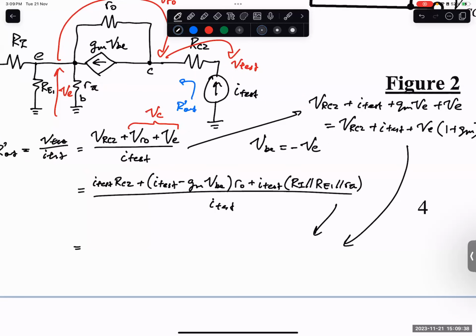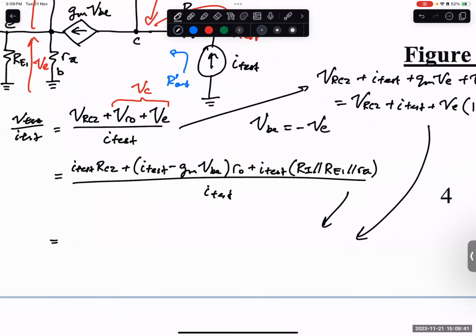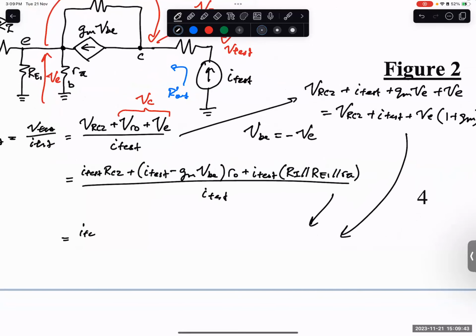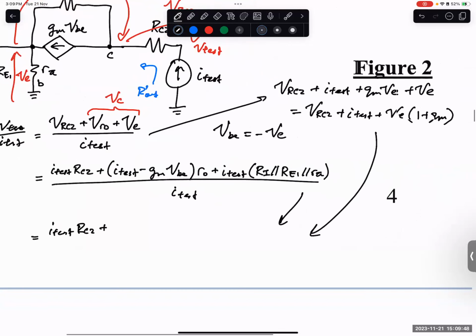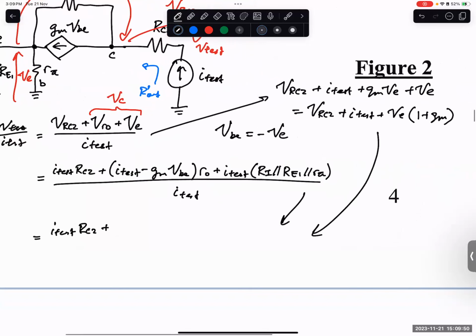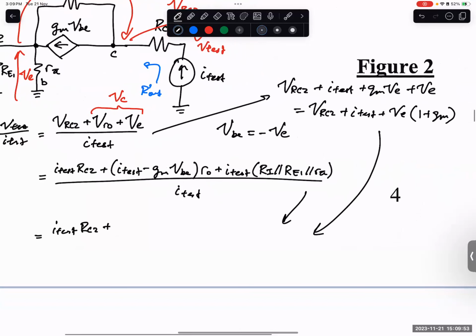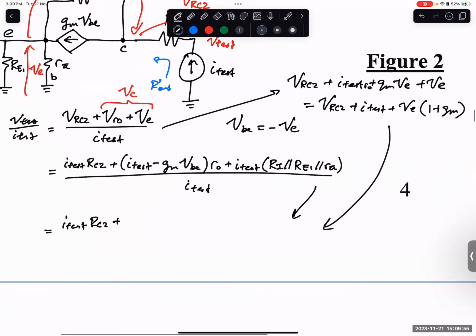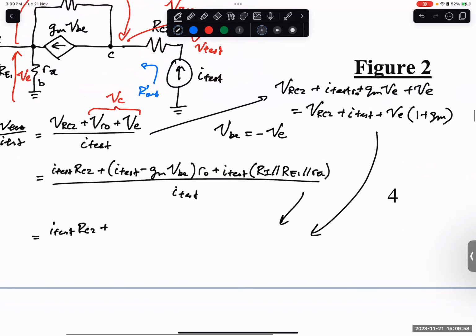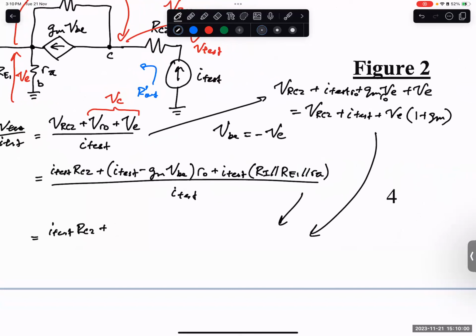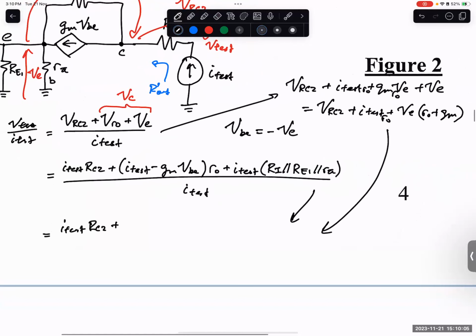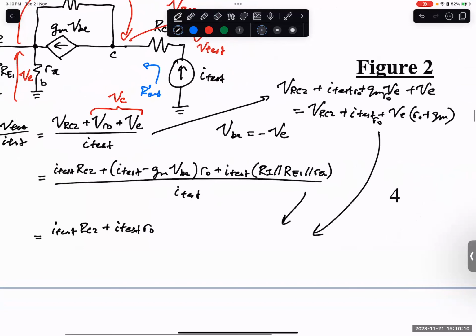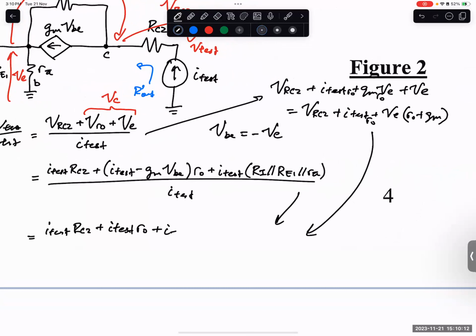Okay. So I can actually cancel I test everything. I'll just write I test for the sake of everyone's sanity. Plus, let me see, I test R not. Actually here got R not. Then GM R not also. I missed the R not here. Here got GM R not. So it's I test R not. That's a big mistake. R not, okay, plus I test